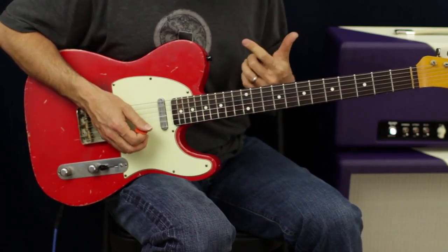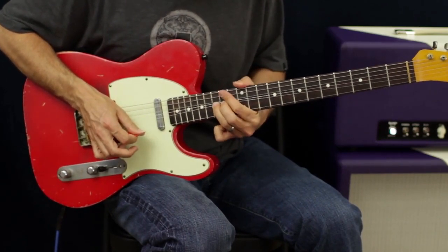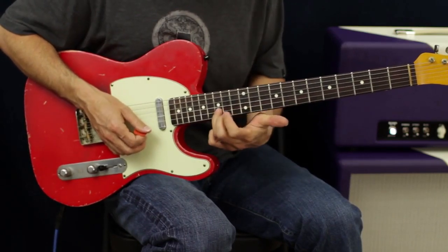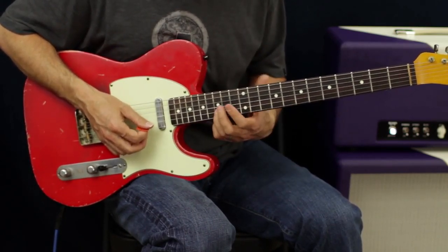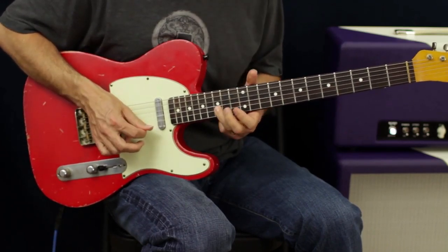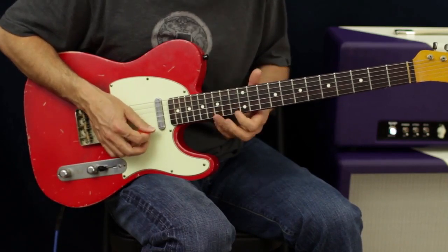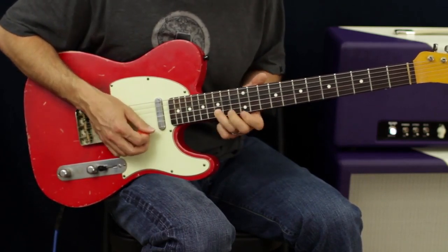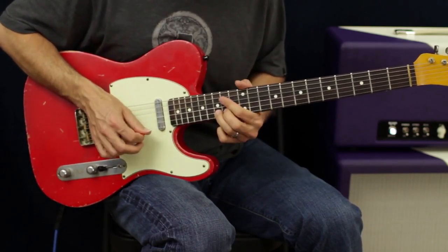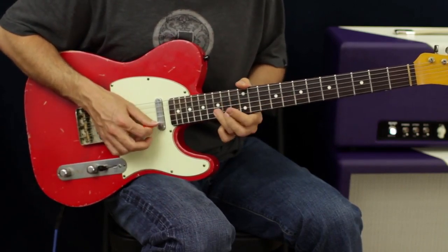Now another cool thing from there is to go. What I did there is I just flattened out my finger on the 15th fret, B, E, back to B, and then I went to the 12th fret, E. So we got, and then bend that same string again. So we got,